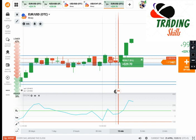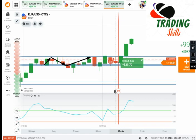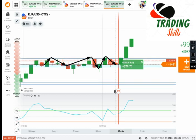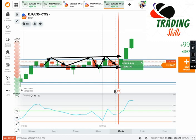Okay, you can see after every breakout of this round number, reversal happened. Again broke the round number, reversal, again broke the round number, again reversal. So this is how you can see your round numbers on the left side. So try to understand these things, try to learn one thing a day, give one day to that topic, and you will get a good